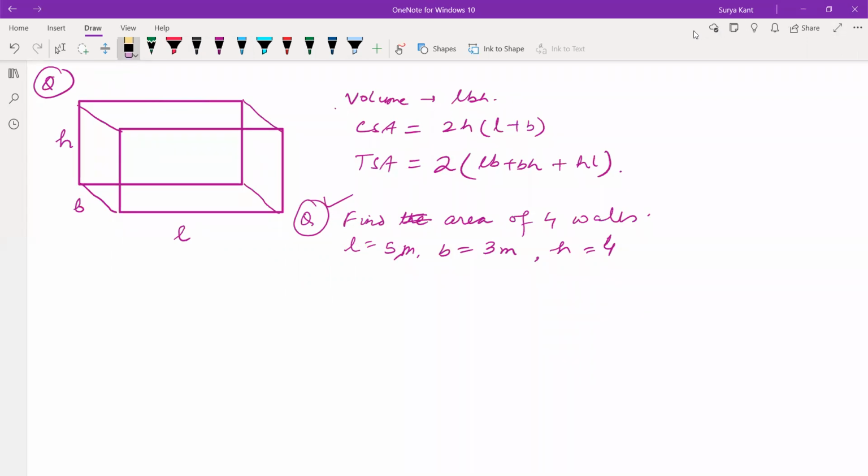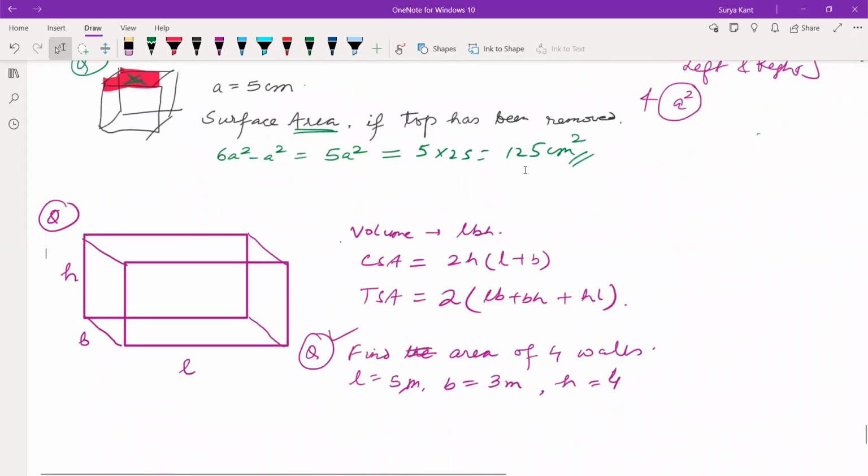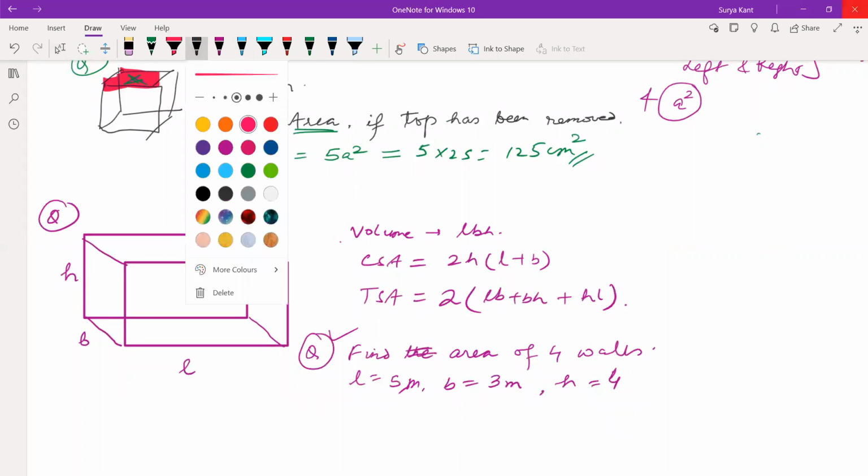Okay, very nice. So you know this, right? Yes. So what is the final answer you got? Final answer is 64 meter square. Okay. Please keep on your cameras. Yes, sir. Okay, 1 minute, I just got stuck.